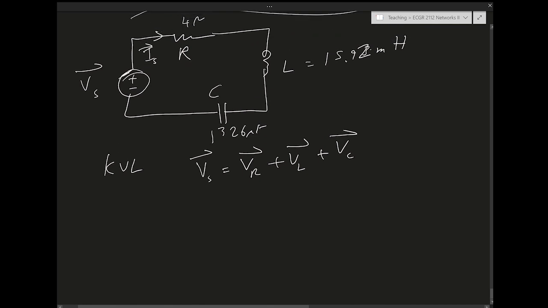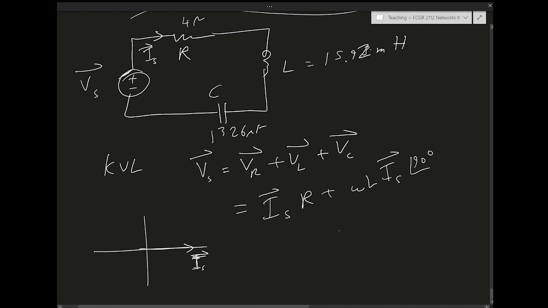So when drawing a phasor diagram, one good option we have is to use the current IS as the reference phasor, as the phasor that is at angle 0. We don't have to, but that's an option we have. And I can write VR as just IS R, and VL is just omega L IS. I had the j here, I'll turn j into 90 degrees, so it's going to be 90 degrees,